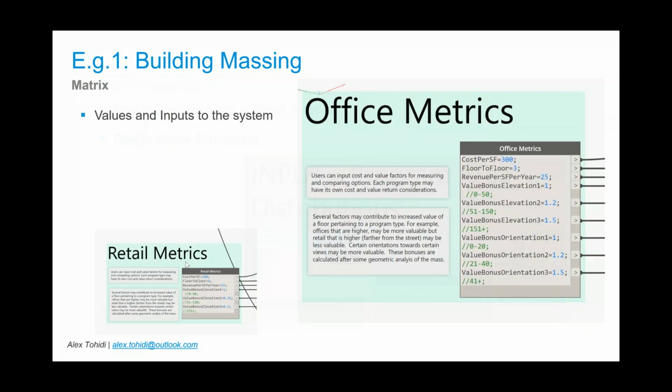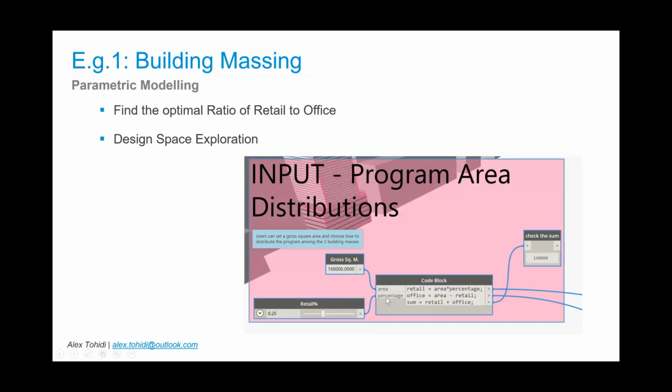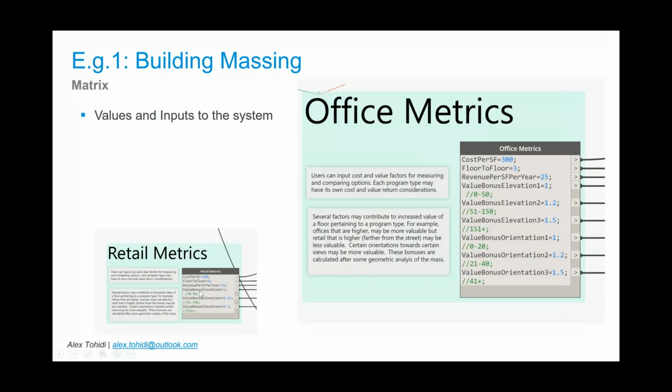So what we are going to do is set this specific parameter, the retail ratio, as an input to our generative design, and we generate many options. It will become more clear as we go through the slides. Just bear with me there. So for example, for building massing, we need to have a